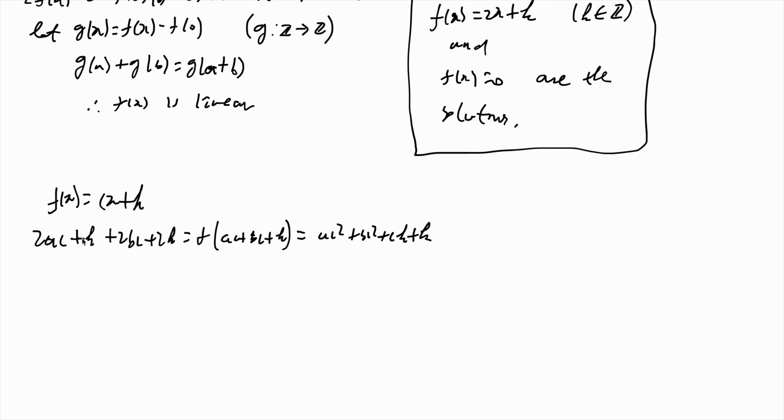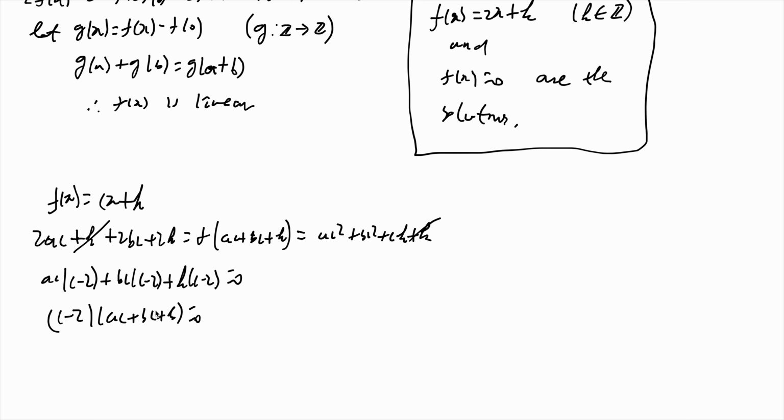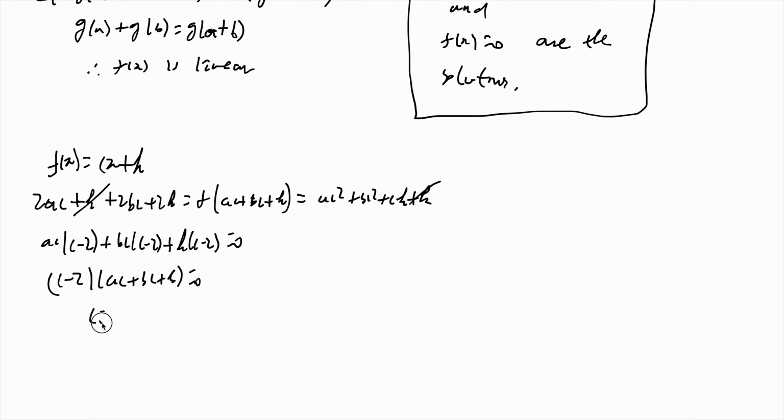cancel these two, ac times (c minus 2) plus bc times (c minus 2) plus k times (c minus 2) equals 0. So we have (c minus 2) times (ac plus bc plus k) equals 0. So it's either when c equals 2 or